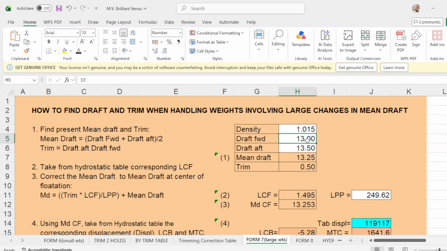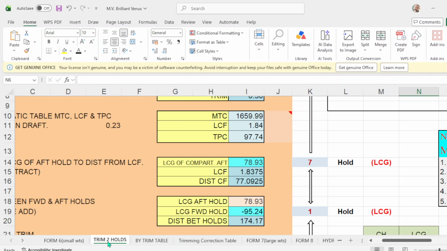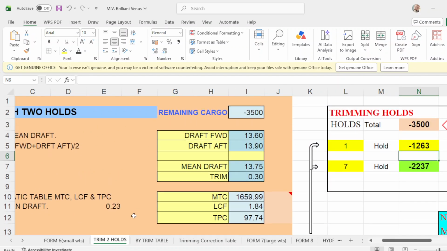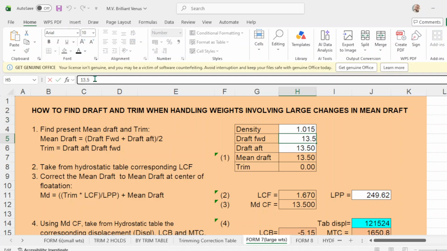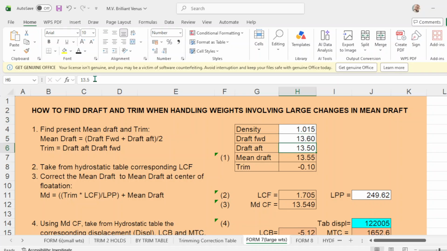What is the initial drop forward? Initial drop forward is 13.60. That will be 60. Okay.